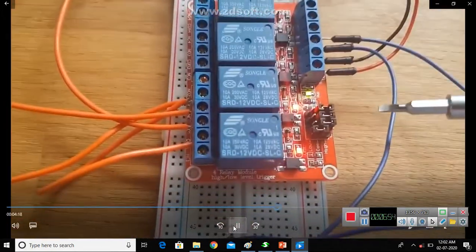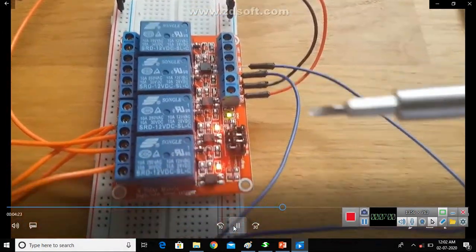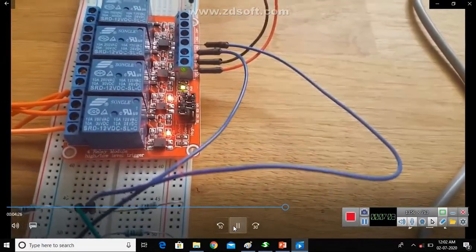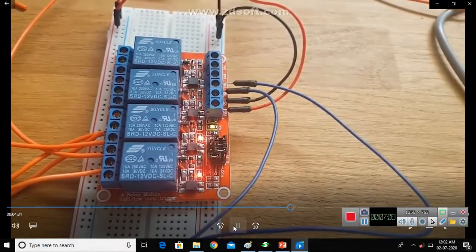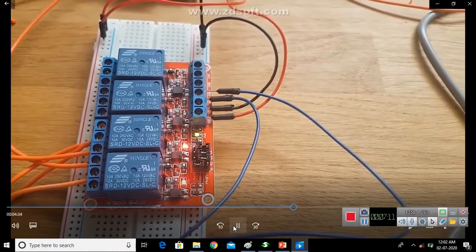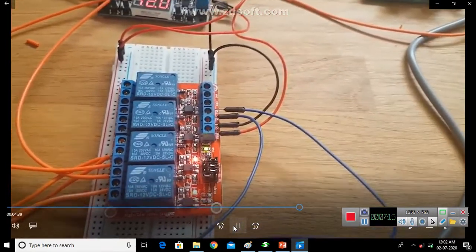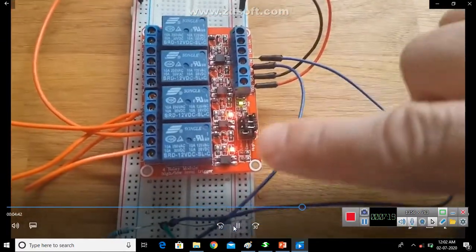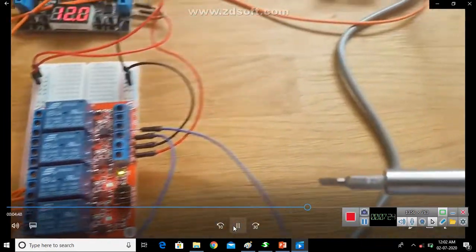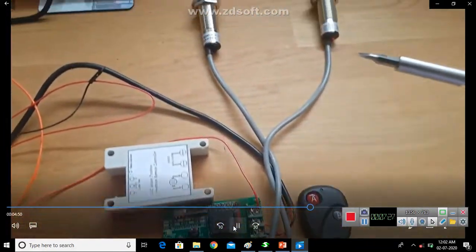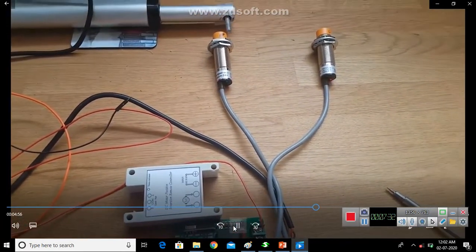Okay, and you'll notice I've got only 2 circuits active here. You can see the blue wires triggering, and the blue wires are the signal wires from the proximity sensors. And the reason I've done that is so the relays aren't on when my linear actuator is up, just for this particular application. So at the moment, you can see from the LEDs that both of these relays are active, but the linear actuator is actually static in the down position. Okay, and when I put the linear actuator up,